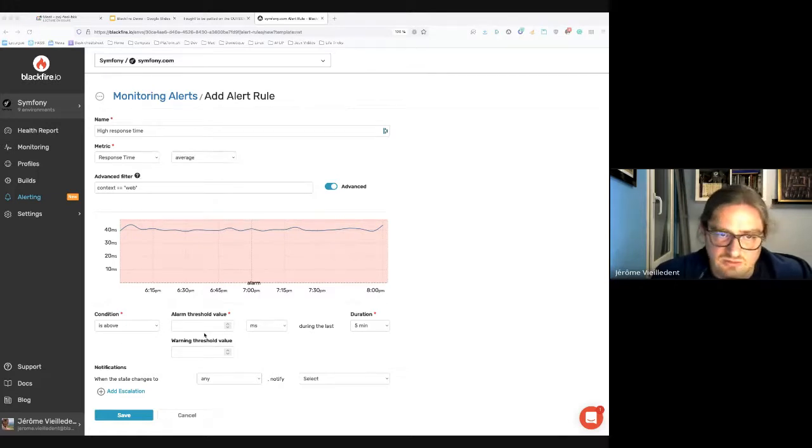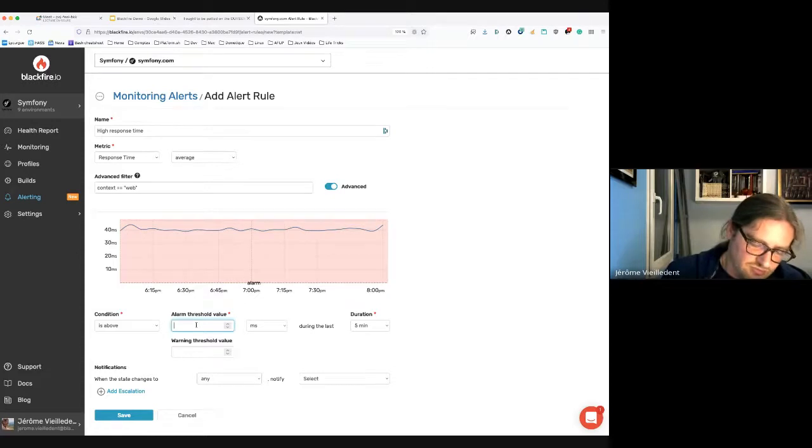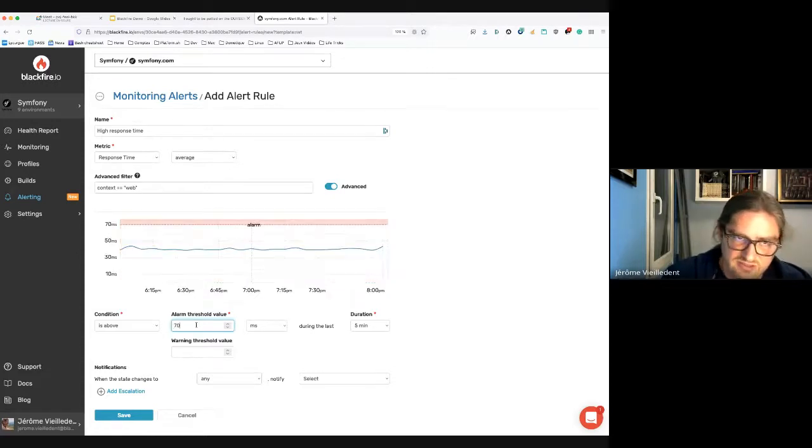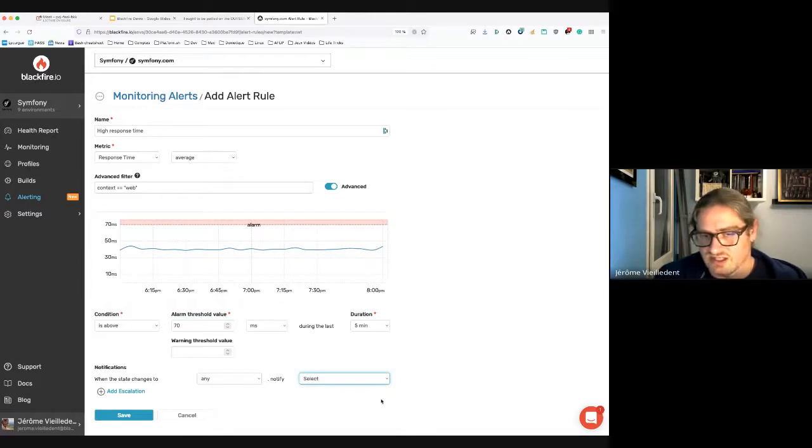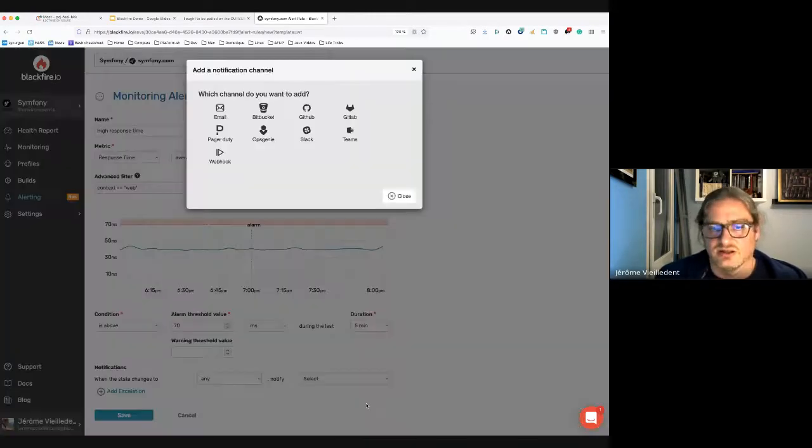And the condition, well, if it's above like 70 milliseconds during 5 minutes, then I can notify a channel. So I can send a message to Slack, an email, or PagerDuty or Opsgenie or whatever you want, even a webhook. You're free to choose anything.